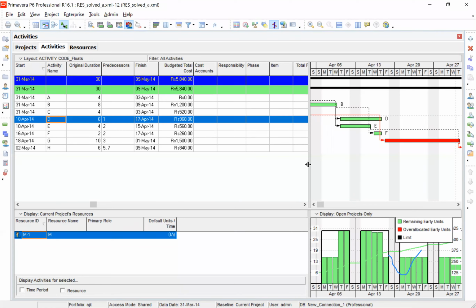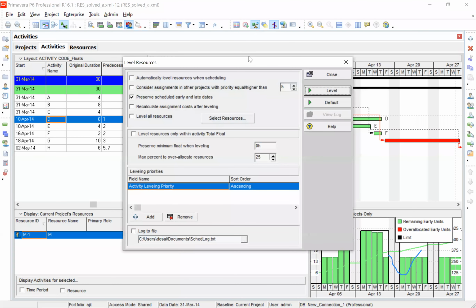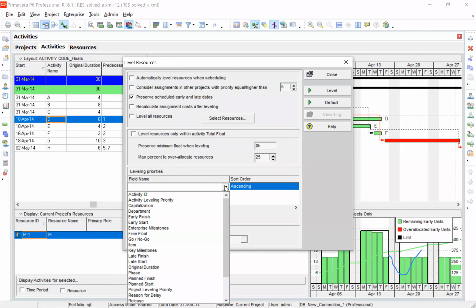Now try to see the advantage of the setting that I have recommended in the class and in the tutorial also. I say that my leveling priority would depend on two things: the total float. I hope you remember all those things we have done several times in the class.